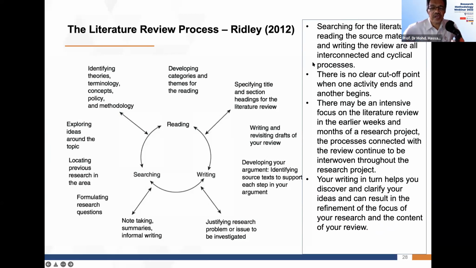Okay, now next is the literature review process. You have everything in order. You've read articles, you have taken down the notes, you have read it critically. The next stage is to put it down in writing. Now, according to Ridley, 2012,